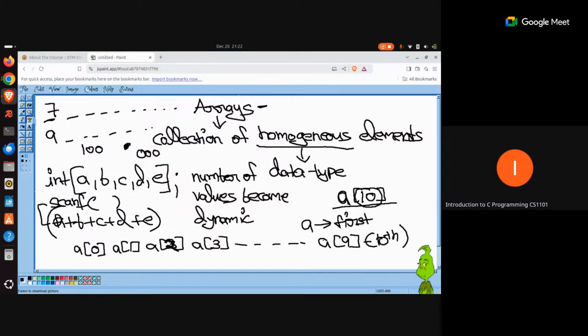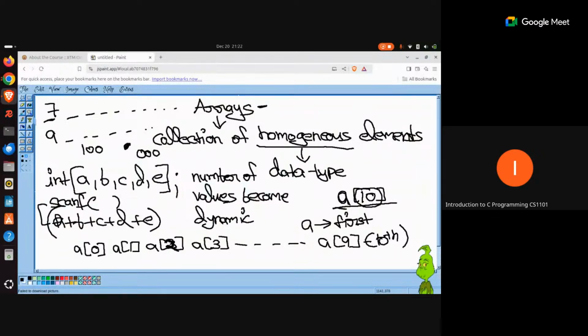Now you might be wondering that the 10th element should be represented by A[10]. But remember, the first element of the array is represented with the number 0. If you start from 0, you will always end up with one less than the actual length of the array.